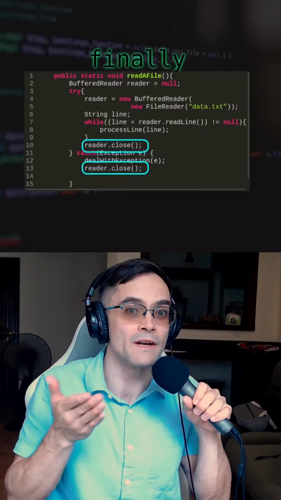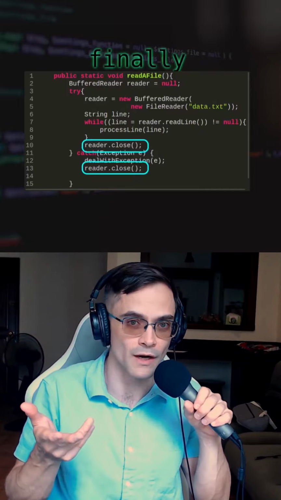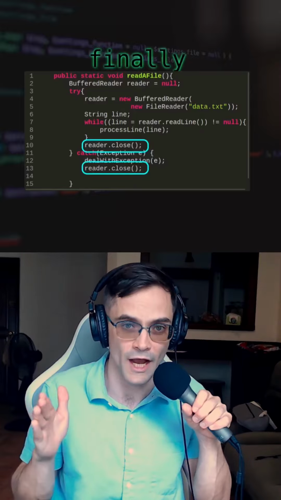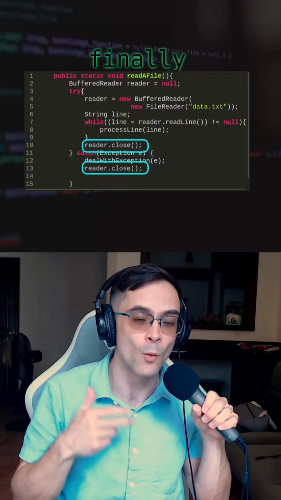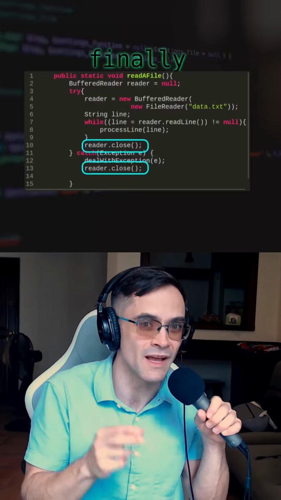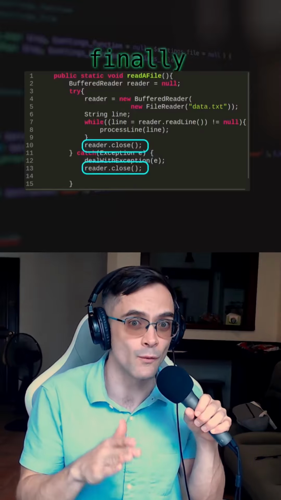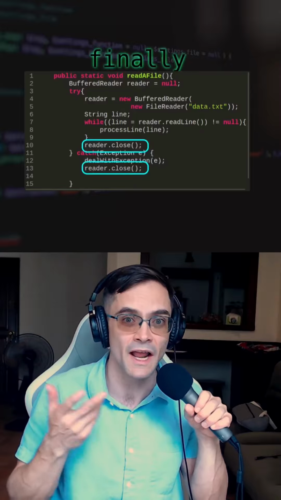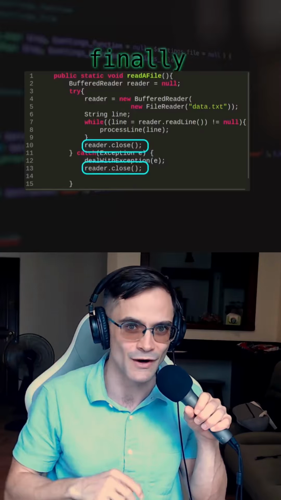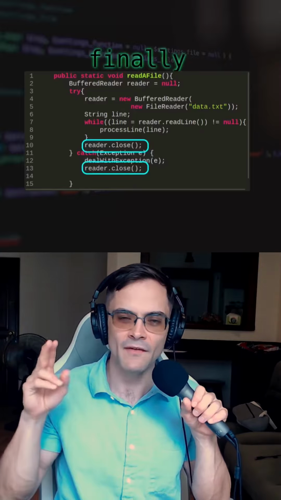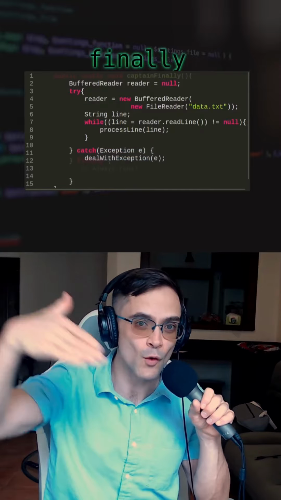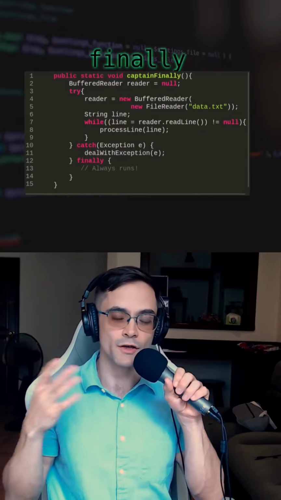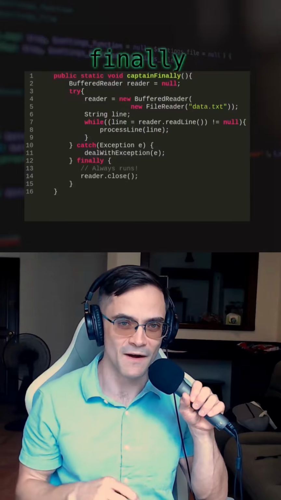What if you throw a different kind of exception when we're working with the file in the try block than your catch block catches? Or what if while you're handling the exception in the catch block, you throw a different exception? You're never going to get to the end of that catch block, and so that close still doesn't run. So this is quite the quandary, and this is where the finally block swoops in to save the day. You just add a close here, and boom, the file is closed.